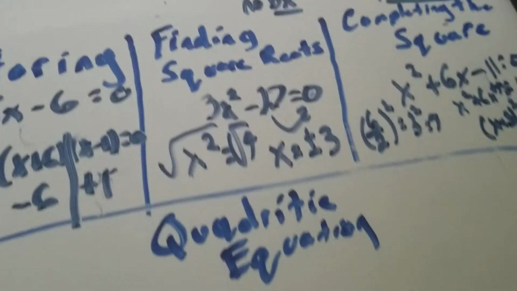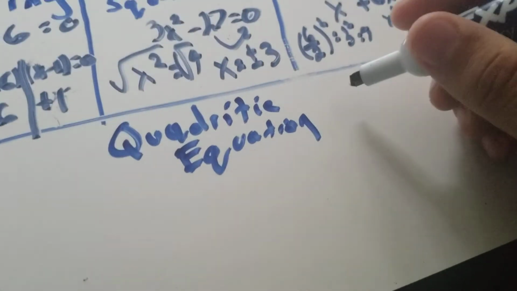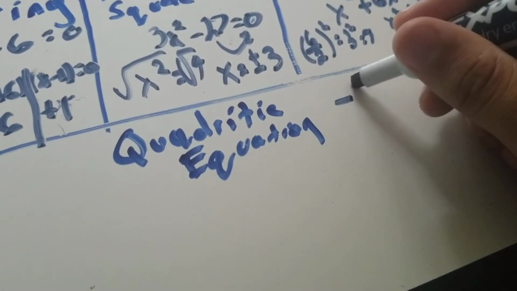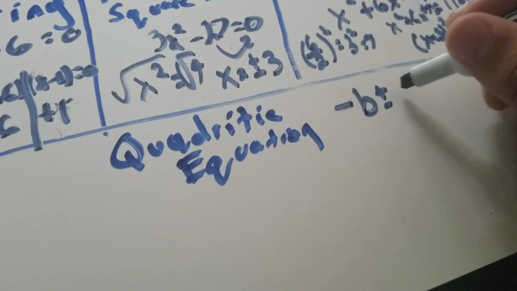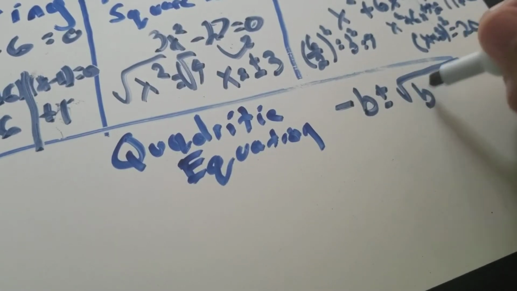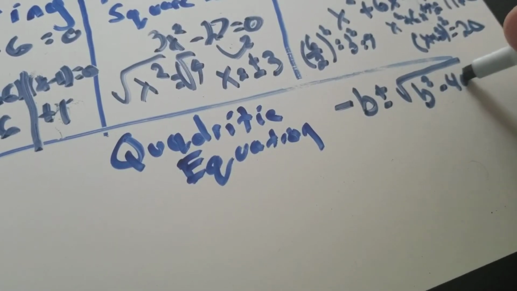And then we have the quadratic equation. Now the quadratic equation, what's very good about it, as this giant truck is driving by, I apologize for that. What's very good about it is that